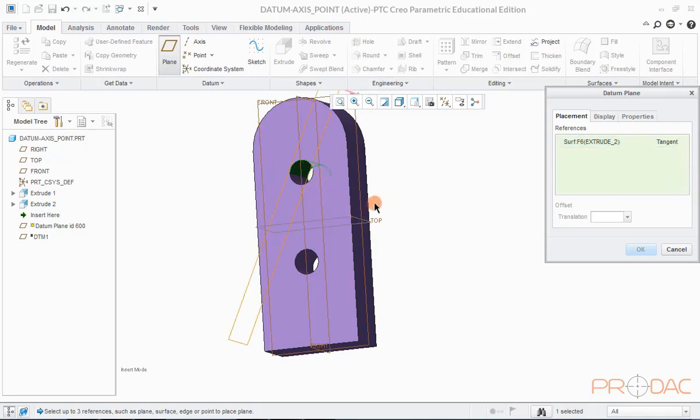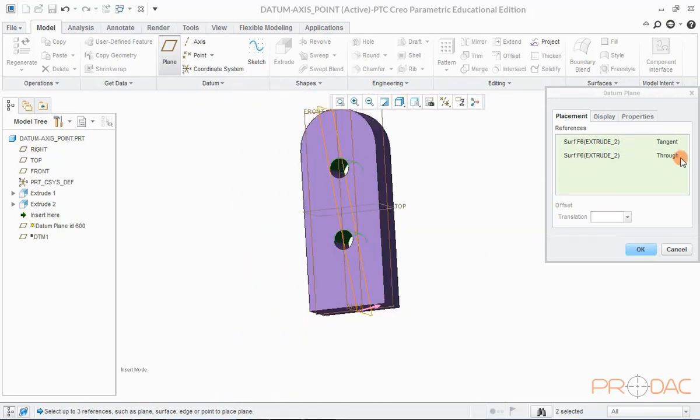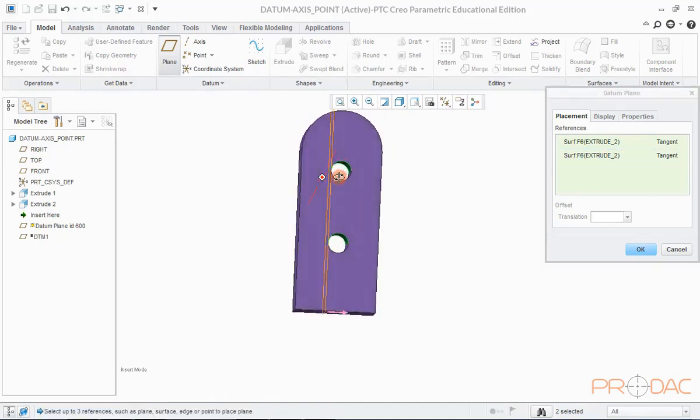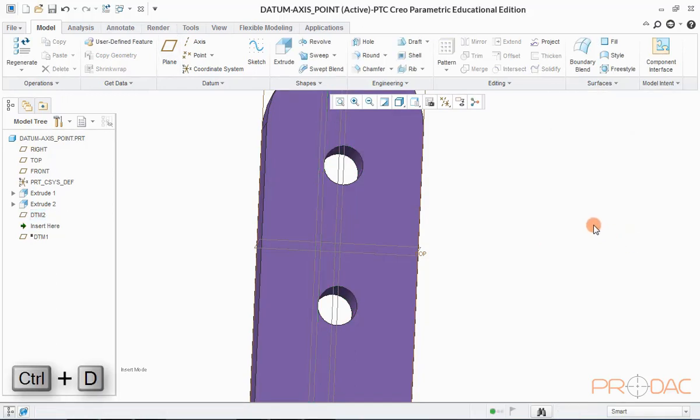Press Ctrl and repeat the same for the second hole. Now we have a plane ready which is tangent to both the holes. Click on OK to close the pop-up window. Press Ctrl+D to fit the model in the screen.